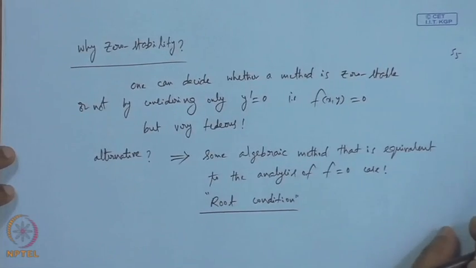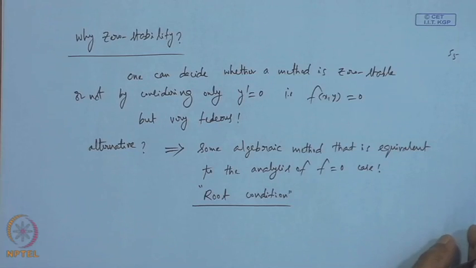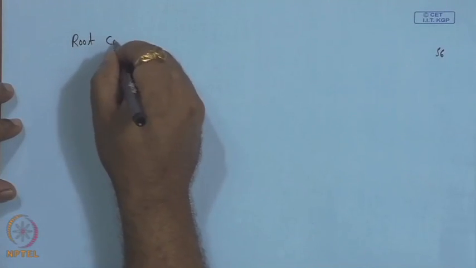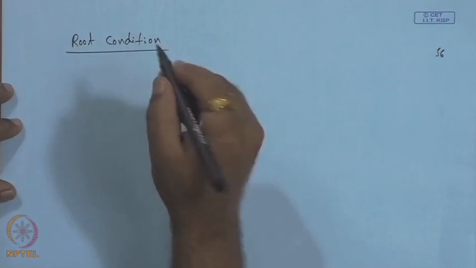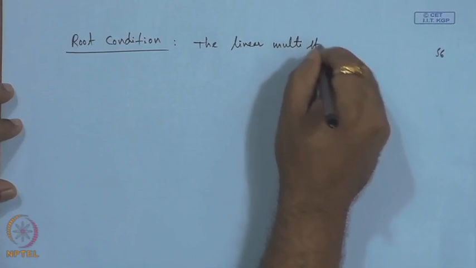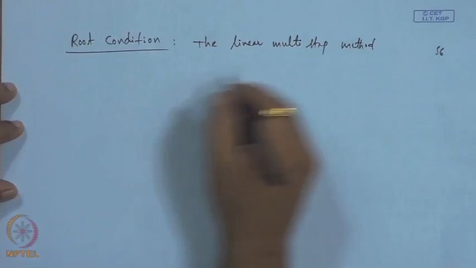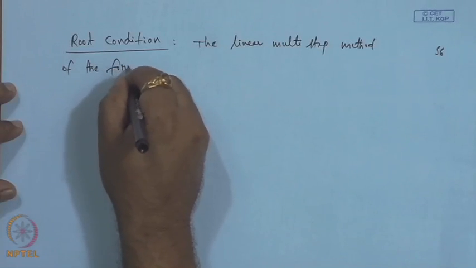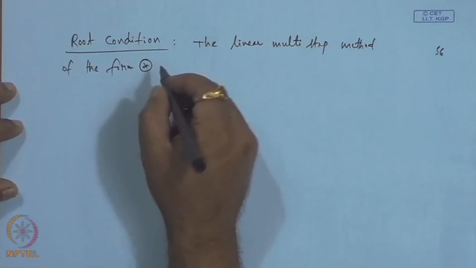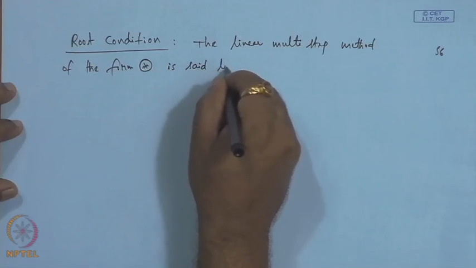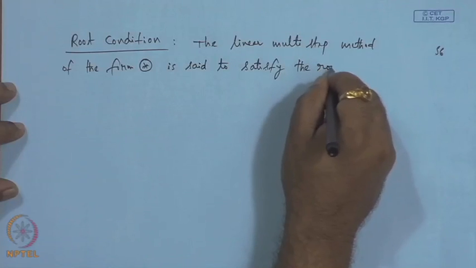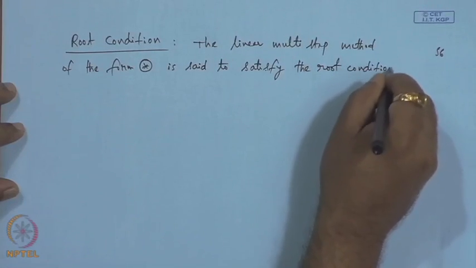So, let us see what the root condition is. A linear multistep method of the form star (I am forced to write star because it is the same method we had written) is said to satisfy the root condition